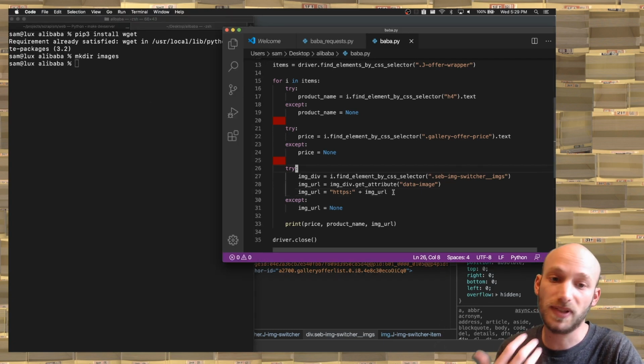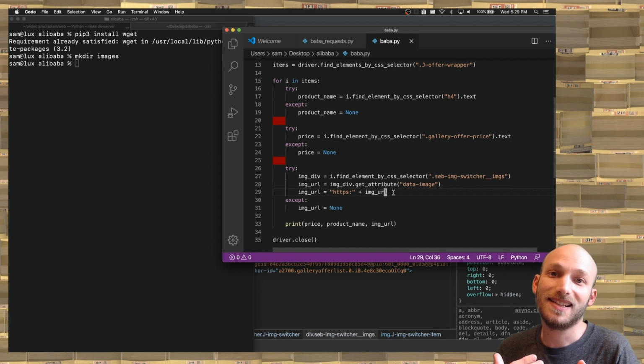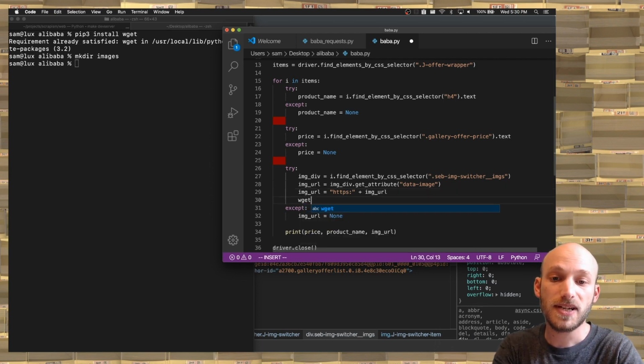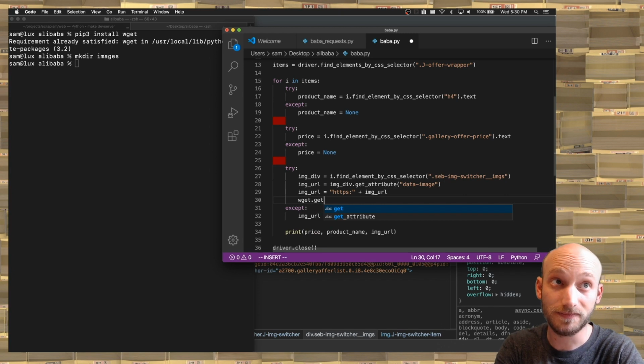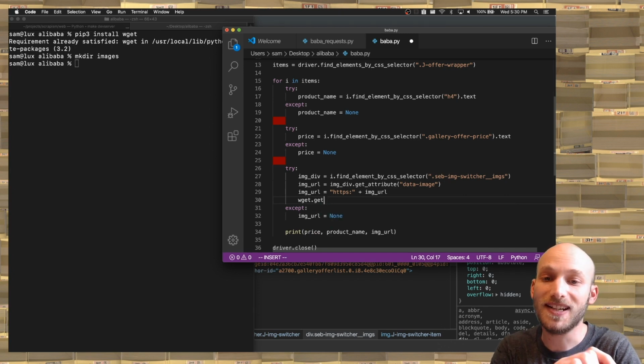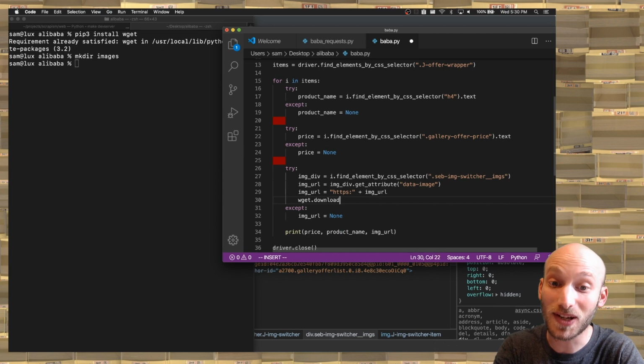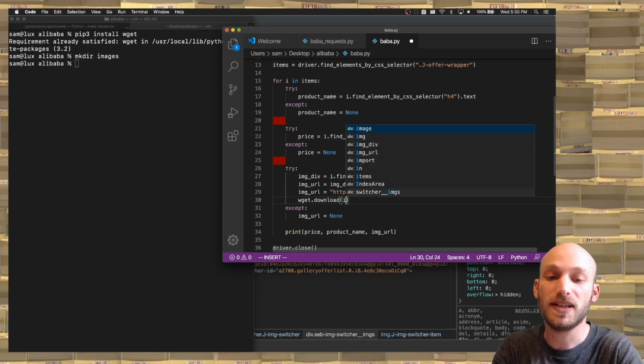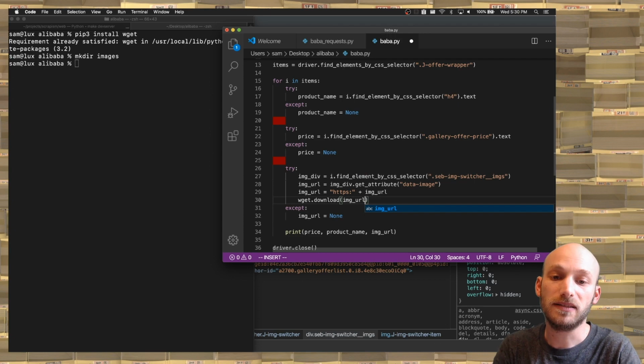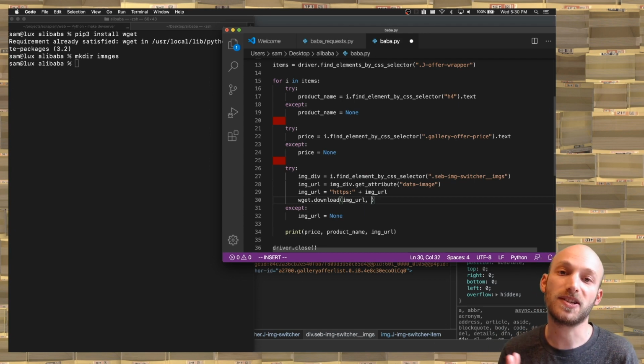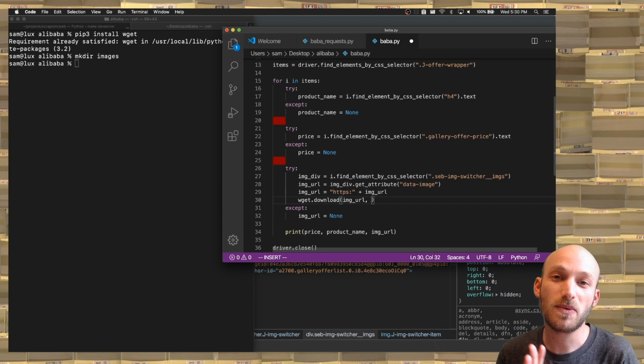And wget is really, really simple. It takes two parameters, the URL that you want to download something from and the destination that you want to save it to on your file system. So if I write wget.get, open parentheses, I'm sorry, I messed up, wget.download open parentheses image URL and then comma, and then here's the question. Where do we want to save? Where do we want to save this image to? So let's actually just